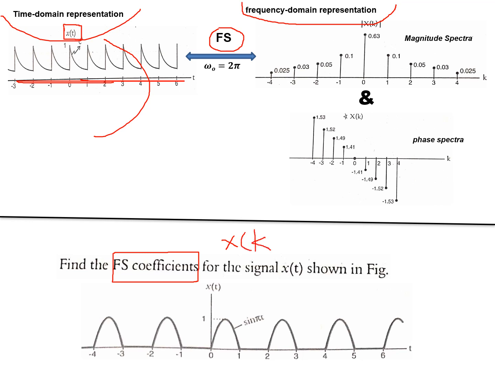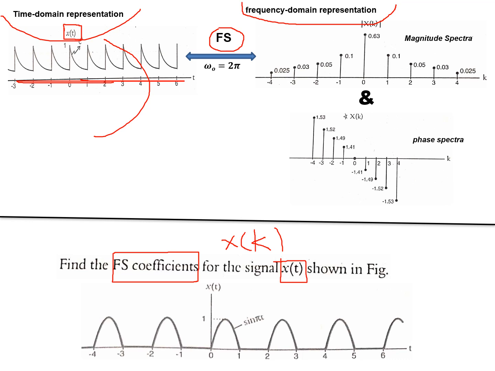Now given x of t, that is small x with respect to time, always see this. So in time domain we use small letter for the signal representation. In the frequency domain we use capital letter. For example, if I use a instead of x, then it is small a in time domain, and this is capital A. Just to differentiate the two different ways of representation.